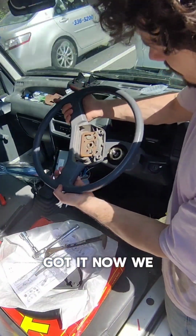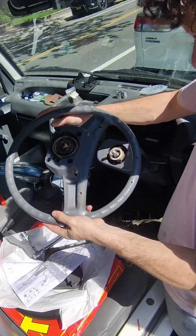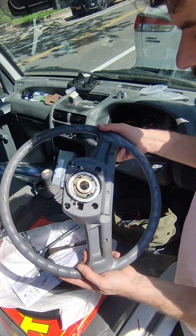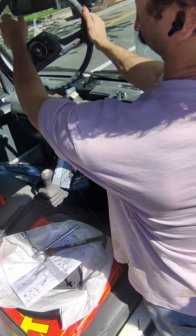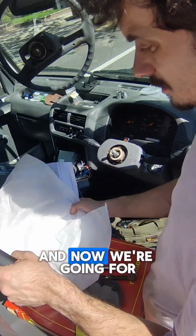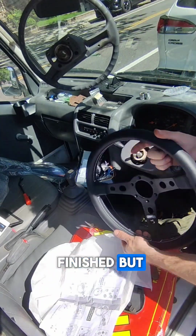We just dance it off. Don't lose the lock nut. And the washer in the back. Okay. That's all we had. And now what we're going for. Okay, it's going to look a little bit better when finished, but...